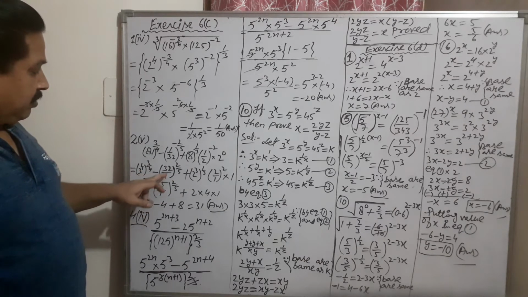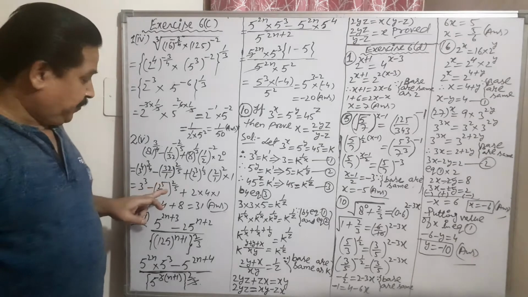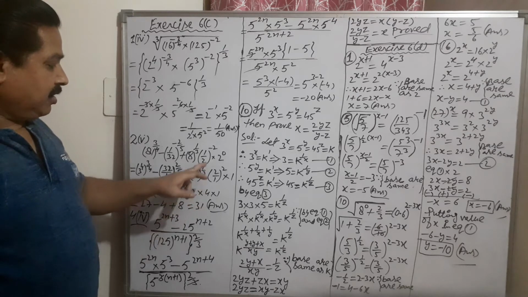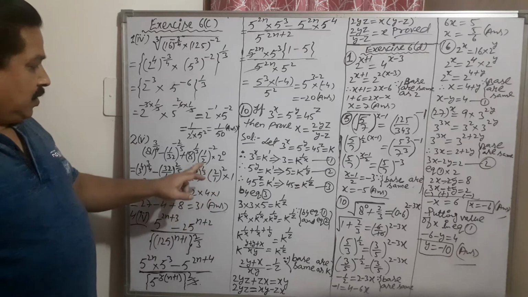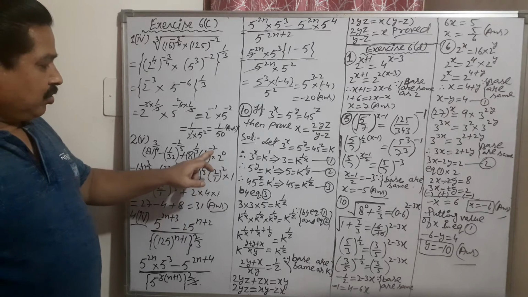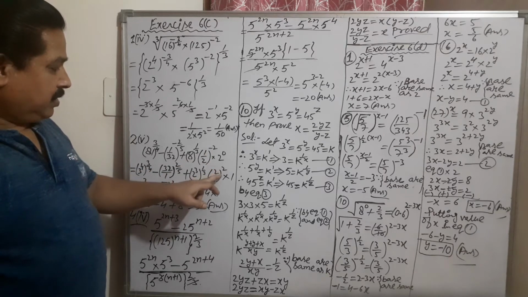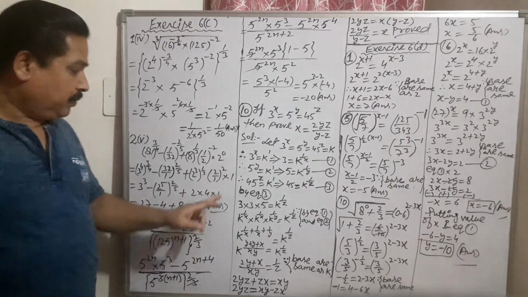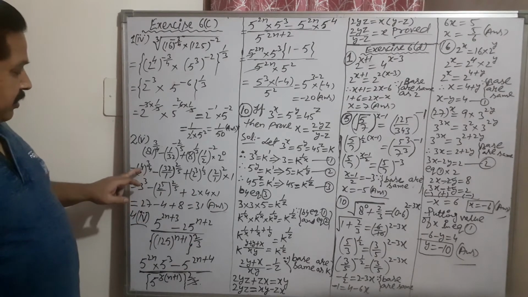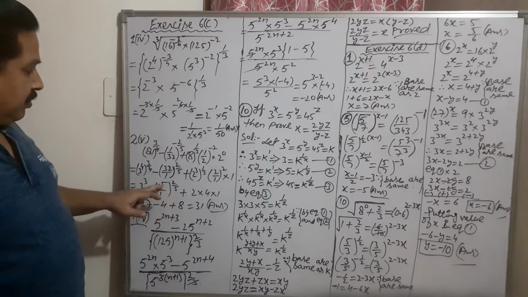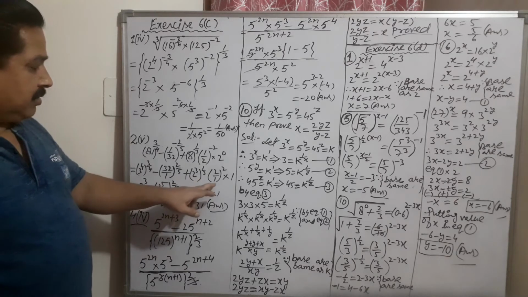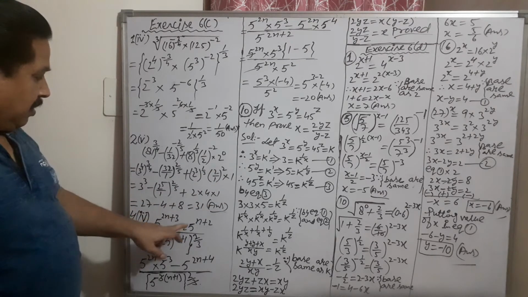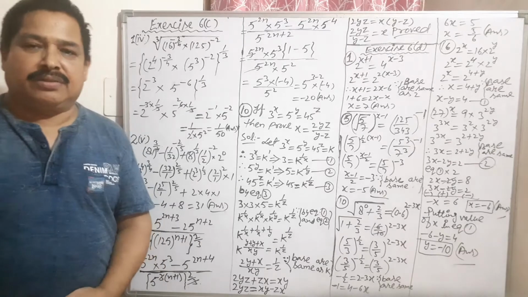4 will be cancelled by 4. Similarly 32 can be written as 2 to the power 5. And 5 will be cancelled by 5. And 3 will be cancelled by 3 here. And this is 2 by 1 because the power is minus. Make this plus, 2 by 1. And 2 to the power 2. And 2 to the power 0 means 1 by the rule. And now this 4 is cancelled. Similarly, this 5 will also be cancelled. And 3 will be cancelled. And 2 to the power 2 means 4. 4 into 1. After solving this, what will come as the answer? 31. 31 is the answer.